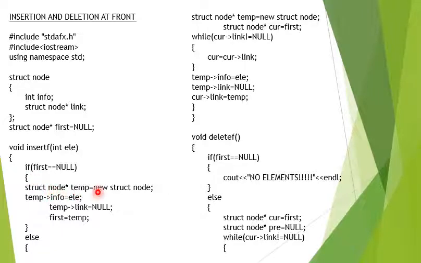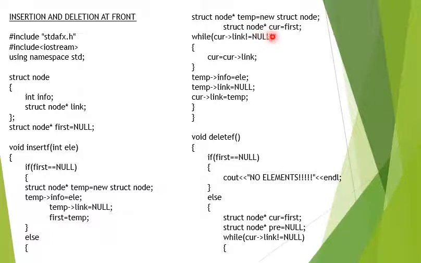Then you create a temporary node. After that you pass the parameter to temp info, and temp link is, as usual, set to null, because it will be traversing from the front end, so it should be a null value. Then first is equal to temp and you link first to temp. Else, if it is not null, it already contains a value,